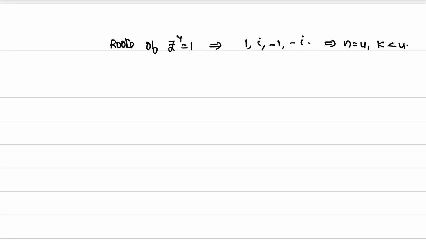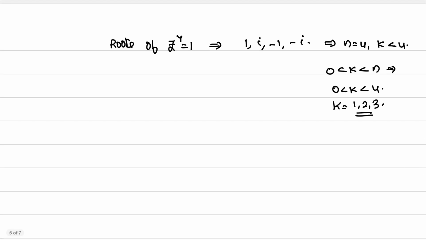Now, that means 0 is less than k is less than n, implies 0 is less than k less than 4. That means k takes the value 1, 2, 3. Are you able to follow? When k takes the value of 1, 2, 3 and here